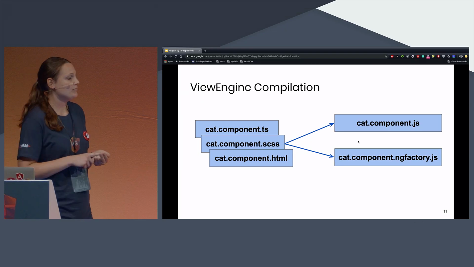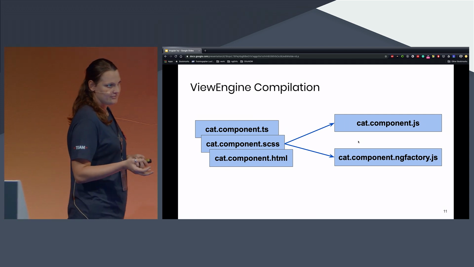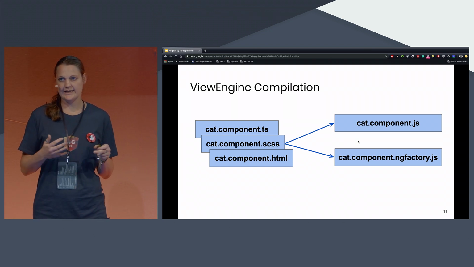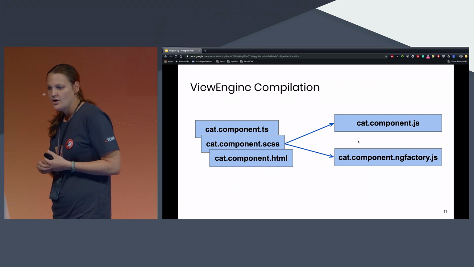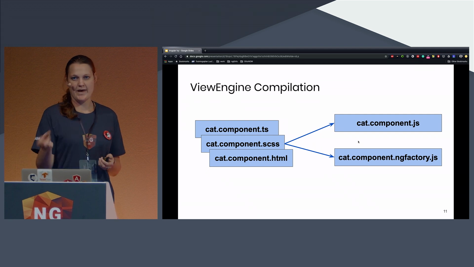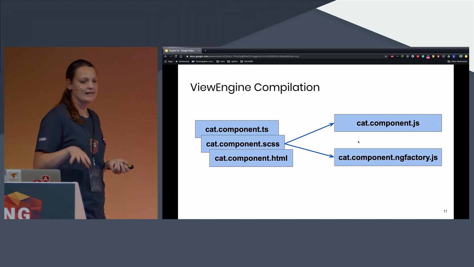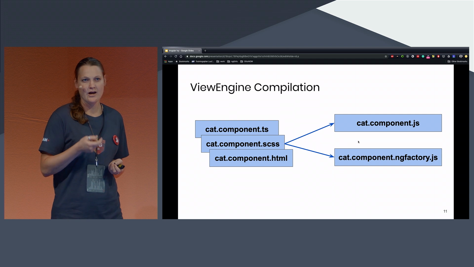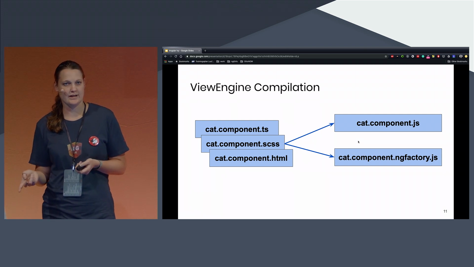The cat component is actually your compiled TS code. And the ngFactory file is a static representation of your template code, the HTML code you actually wrote inside a component. So this means there has to be a mapping between the two files. Of course, it will be minified and compressed afterwards, but there is still a mapping between the two files, which automatically means a longer build time as well.